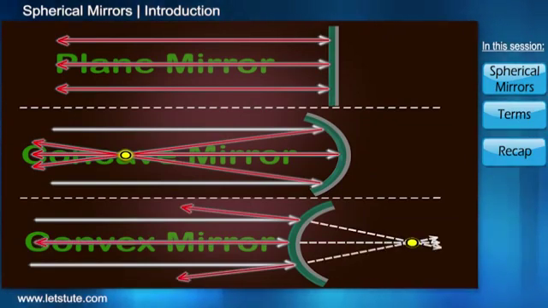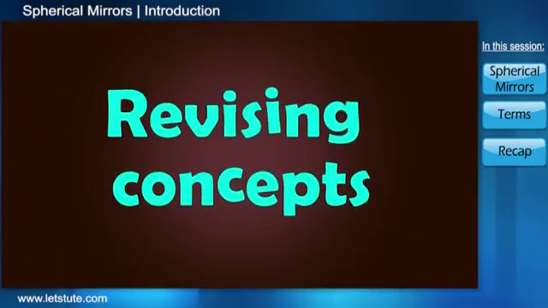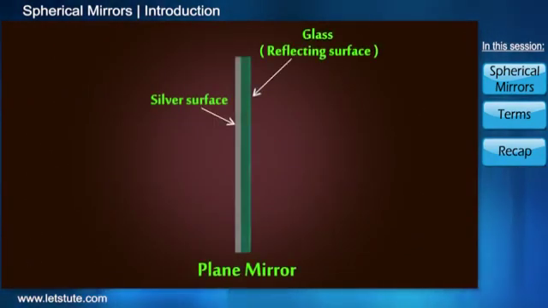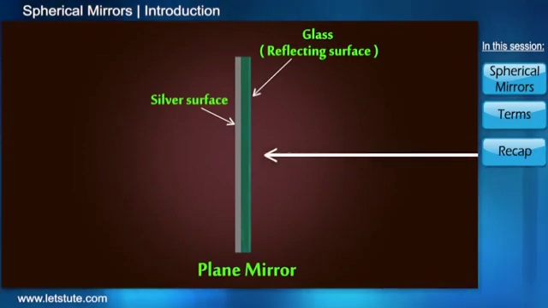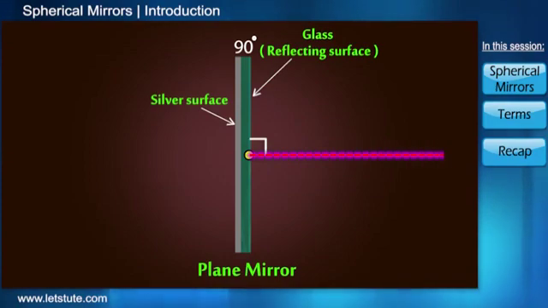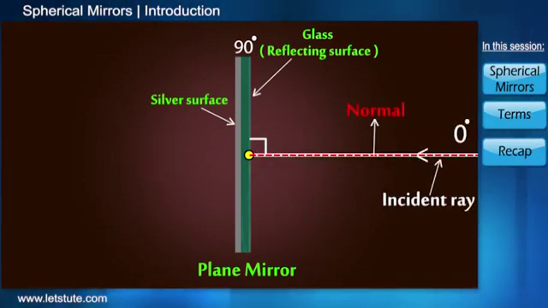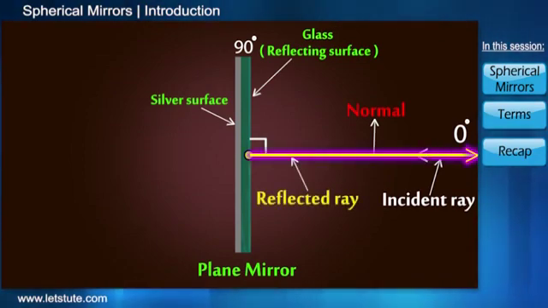For now, we'll revise what we know about spherical mirrors and understand a few terms related to them. So let's consider a plane mirror having a beam incident exactly perpendicular to it. As the word perpendicular is used, the angle involved is 90 degrees. We'll mark this perpendicular position of the beam for reference purposes later on. This mark is called the normal. As we can see here, the beam hits the mirror at the 0 degree angle with respect to the normal. So, it will get reflected too at the same angle following the laws of reflection.